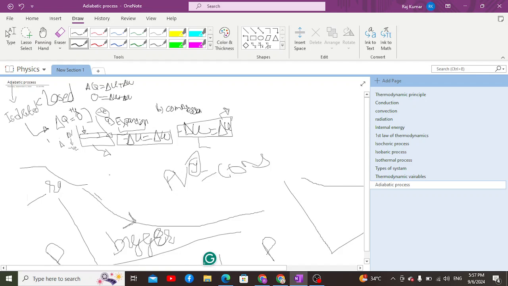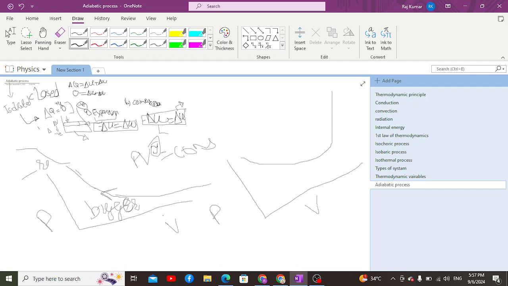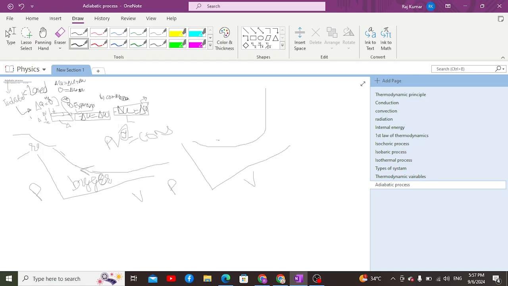For expansion we are going to utilize this symbol rather than that symbol. So this is how we actually do it. For compression this symbol is utilized, and for expansion the symbol in the opposite direction is utilized. This is how we signify adiabatic expansion, compression, or isothermal expansion, compression. And again, there's a particular name for this graph as well. The adiabatic graph is known as an adiabate, and the isothermal graph is known as an isotherm.